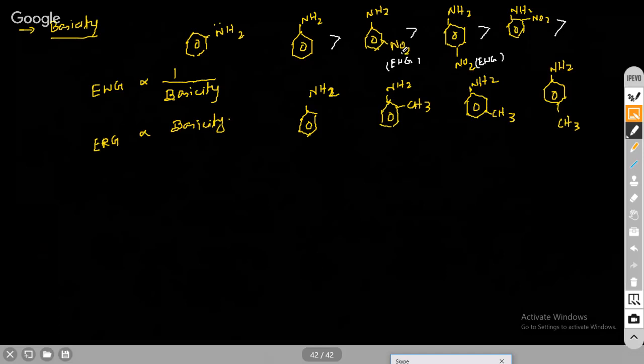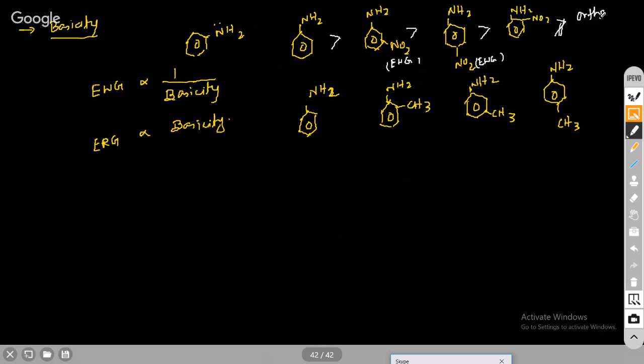Because the meta position will have the least effect onto this. Because NH2 is what? NH2 is ortho para directing group. Yes or no? NH2 is ortho para directing group. So any group that is attached to ortho or para position, the effect of that group will be more, whether it is decreasing basicity effect or increasing basicity effect, whatever it is. But the effect will be more when it is at ortho and para position. But that is also not exactly true, because when ortho position is there,